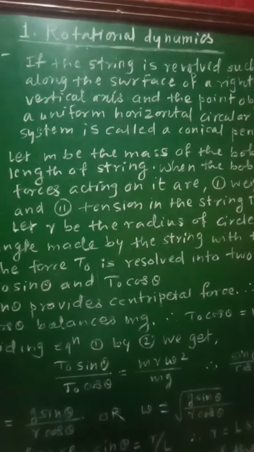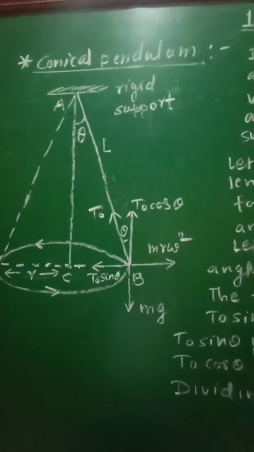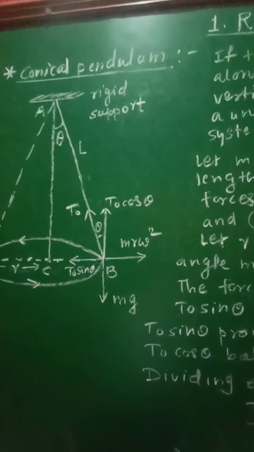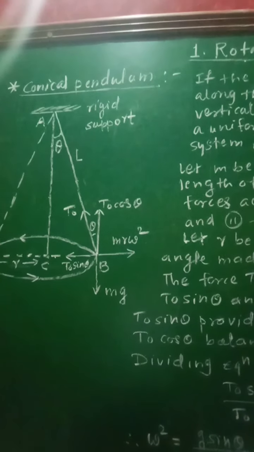Class 12th, Subject Physics, first chapter, Rotational Dynamics. From the chapter, let us see the point, conical pendulum. A tiny mass called as bob